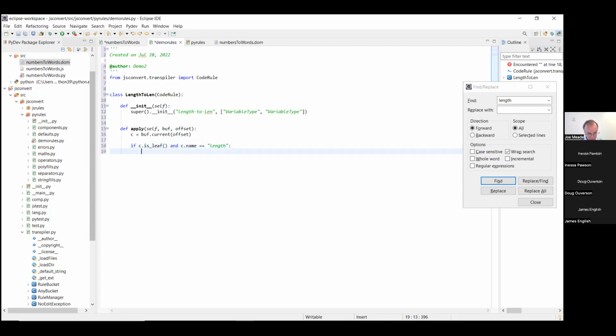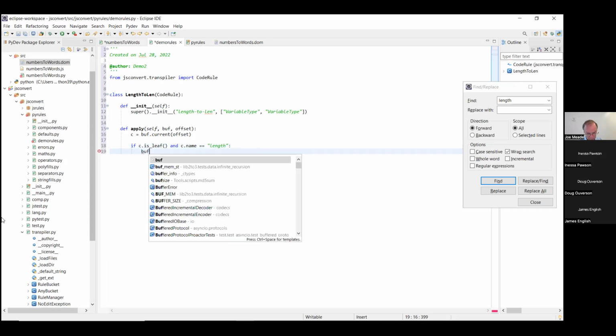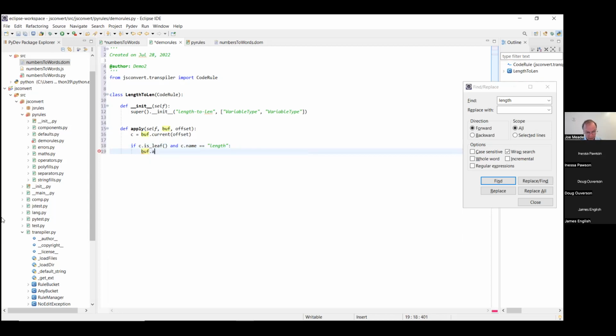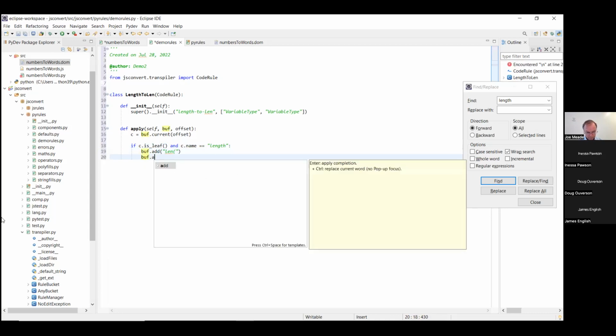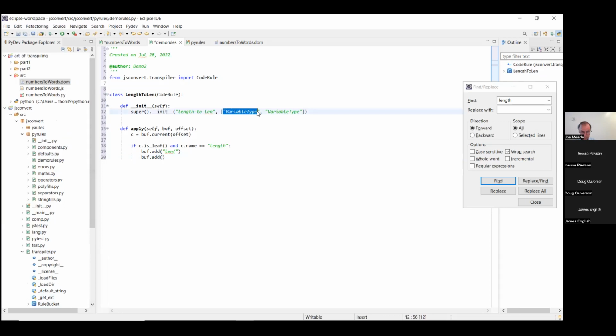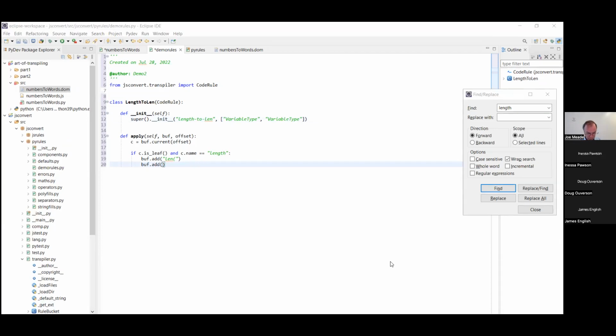So I'm just going to go to my buffer. I'm going to say I want to add my code, which would be in this case length, open parentheses, and then I want to add to my buffer the name, but I want to add the name of this variable here, not this one. So in this case, I'm just going to go add,